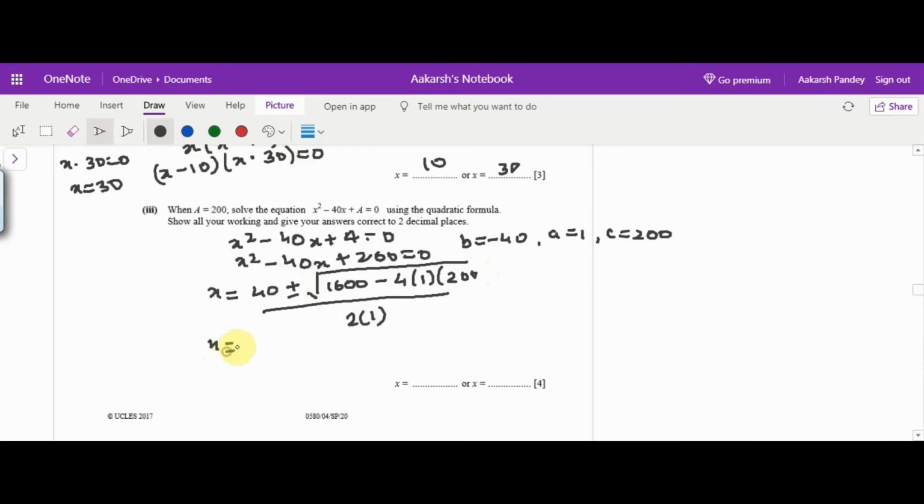So we get x to be 40 plus or minus square root of 800 by 2. So x is 20 plus or minus 10 root 2. This is 5.85,